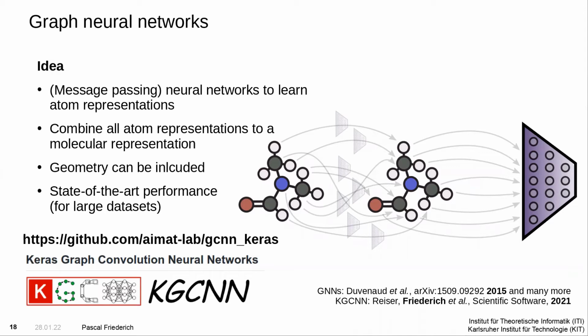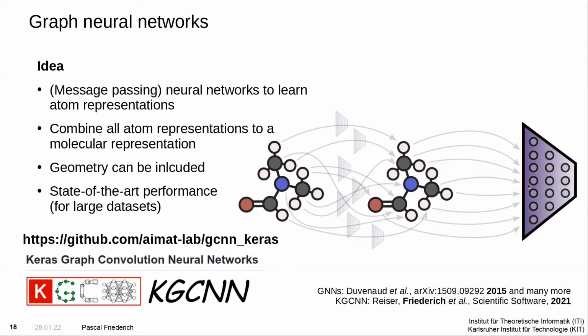So they can learn themselves what is the essential information that I have to give to my neighbors, to the other atoms in proximity, in order for them to be able to learn a useful representation of their environment, or in order for me to learn a useful representation of my own environment. So we first learn all these atom representations, and then only in the end we combine all the atom representations into one vector representing the whole molecule, and this can then be fed into a standard neural network to predict